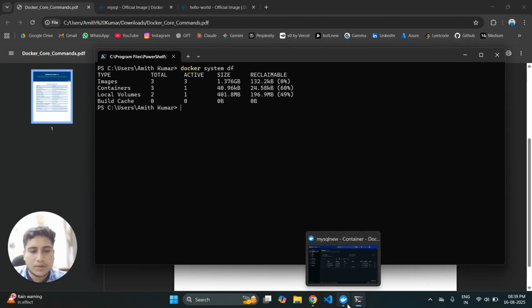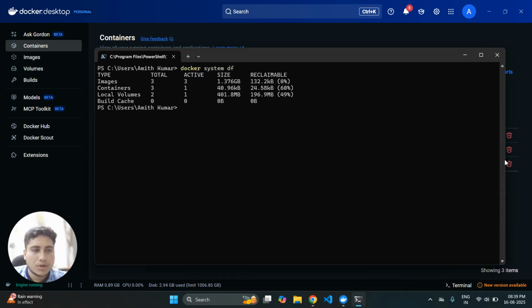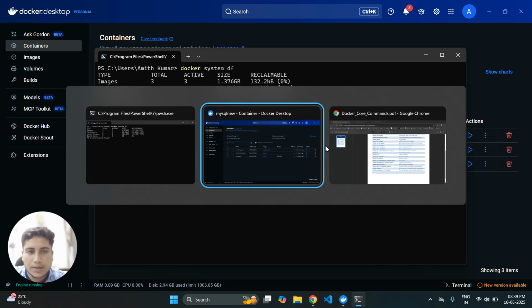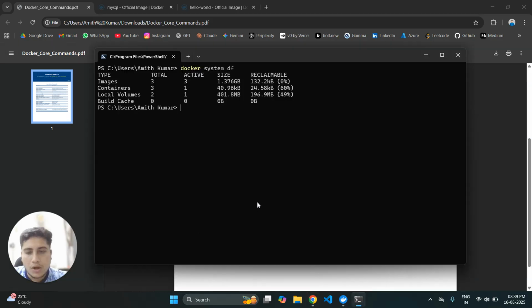First of all, you have to stop all the containers. Yeah, so this one will stop. Wait, once it has stopped, you'll be able to see it here. Okay, it has stopped. Now you can hit this command, docker system prune. When you hit this command, everything, all your images, volumes, build cache, everything will be deleted. Here build cache is not there, but if there was build cache, it would be deleted,